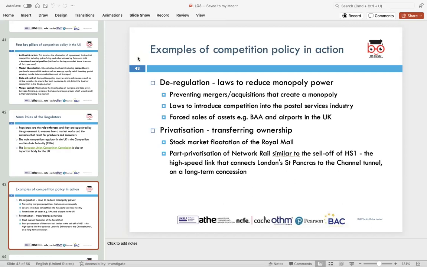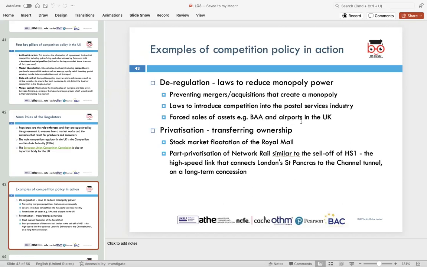So examples of competition policy in action. Deregulation refers to the implementation of legislation that aims to diminish the power of monopolies, restricting mergers and acquisitions that result in the formation of a monopoly, and legislation that promotes the introduction of competition within the postal services industry. Example of forced sale of assets, in the selling of assets,